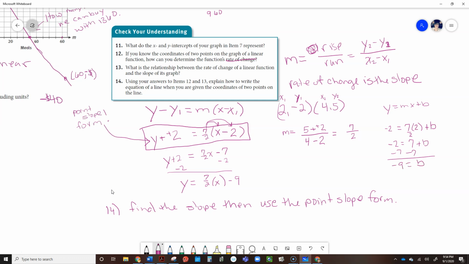The problem is people stop right here, and you have to write the equation. So the equation was y equals 7/2x minus 9. And I got the same answer here as I got over here. So either form will do it. You can use either, but notice on both of them, I had to start by finding the slope first. So find the slope, then use point slope form, or find the slope, then use slope intercept form. Plug the numbers in, find b. All right,